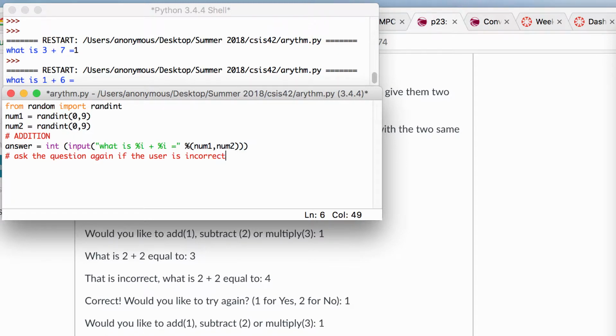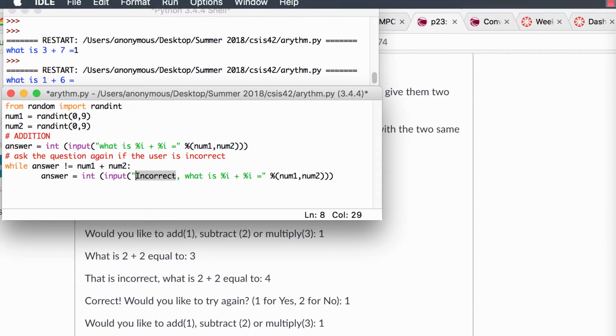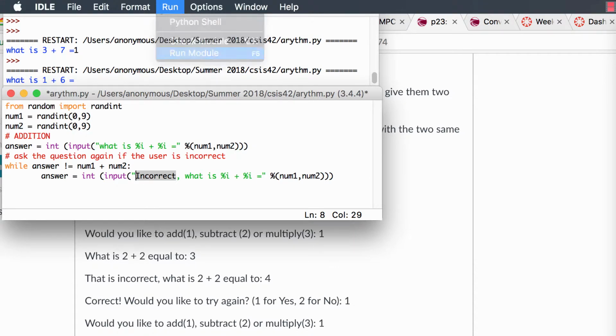Alright, so how are we going to do that? Well, we're going to do something like this. Okay, so while the user's answer is not equal to these two numbers added, which is what we're asking them to do, then I'm going to ask them the same question again, but this time I'm going to tell them no, that is incorrect. Okay, so if I run the program again this time,